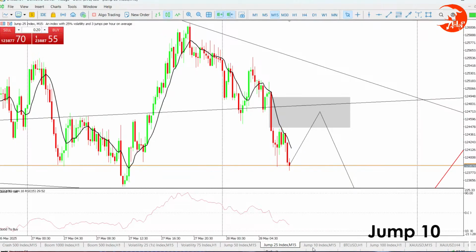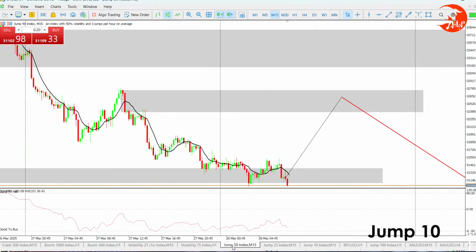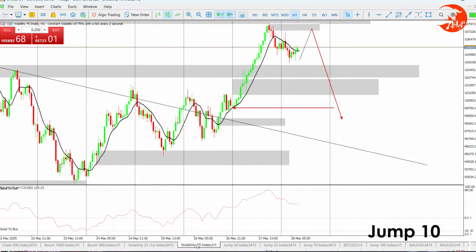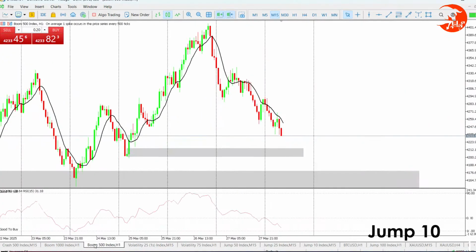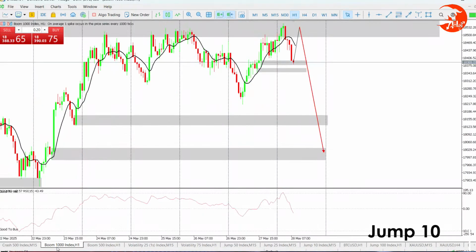Market is still slow on jumps, on actually almost all jumps. On V75 also it is slow, so everything right here is a bit slow. Apart from V25, which is the one I'm seeing having some good momentum. It's almost activating my second entry right here. I don't know why it has failed to activate it. Let's wait and see. Boom 500 is also getting some momentum.